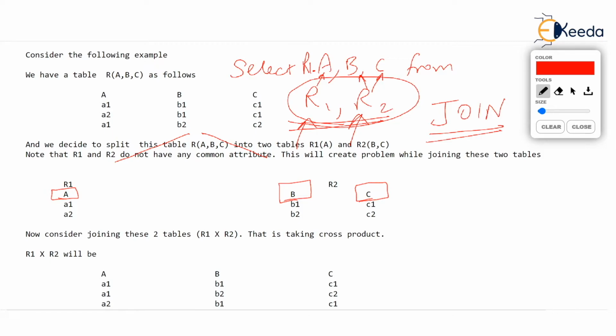And additionally, remember, after saying I want data from R1, R2, you normally write where clause, isn't it? Where something from R1 matches something in R2. Like that you write. But for that, you should have a common attribute. You cannot write where clause here. Imagine that R1 had column B, and R2 also has column B. In that case, you can compare value of B here with value of B here because you have something common, but there is nothing common here.